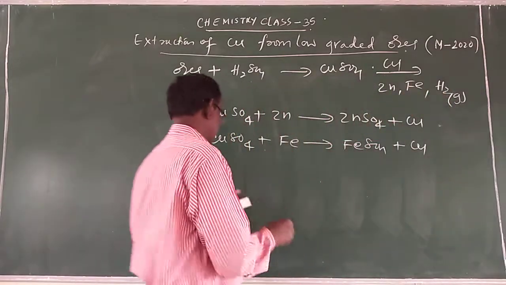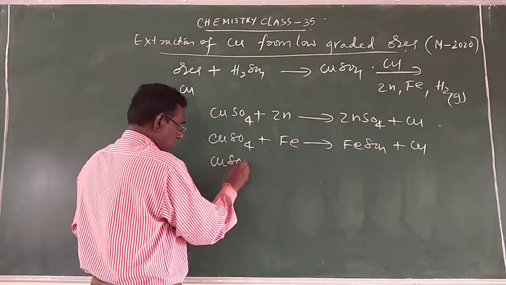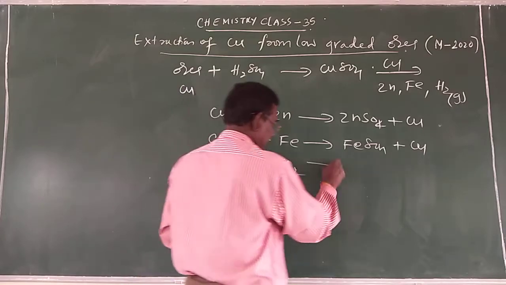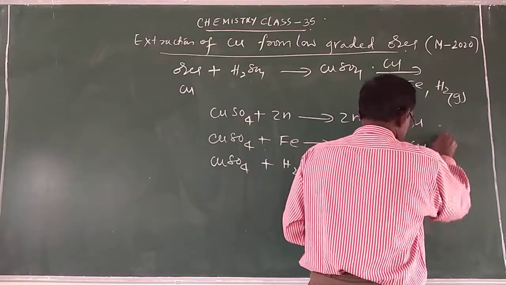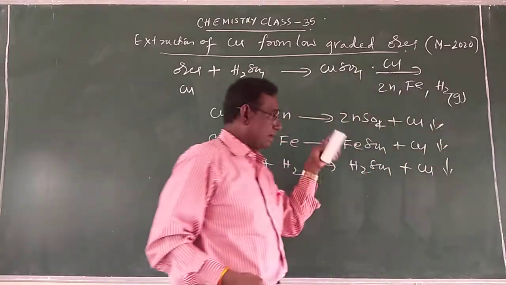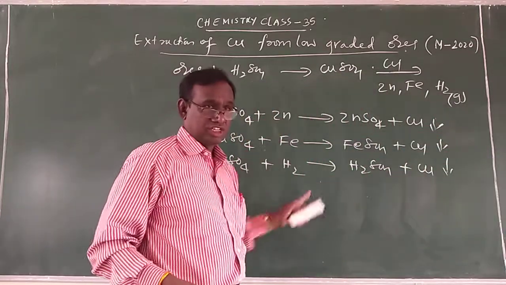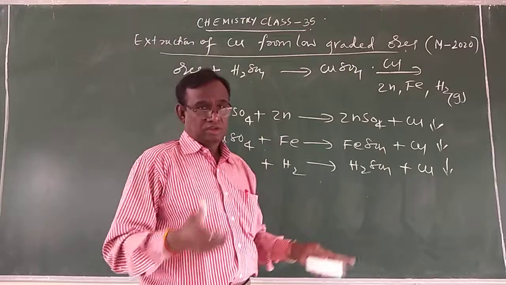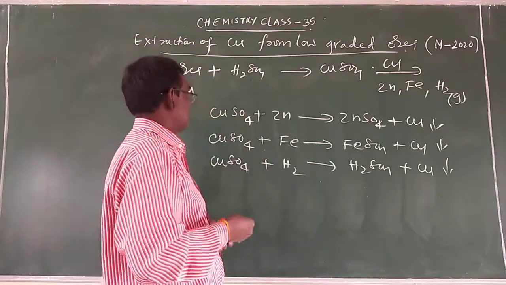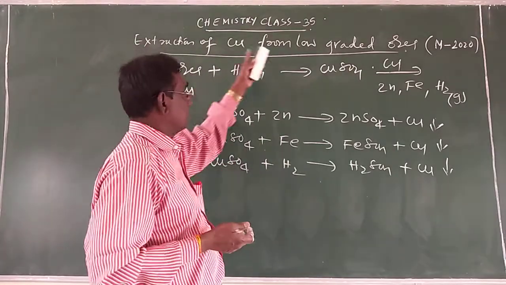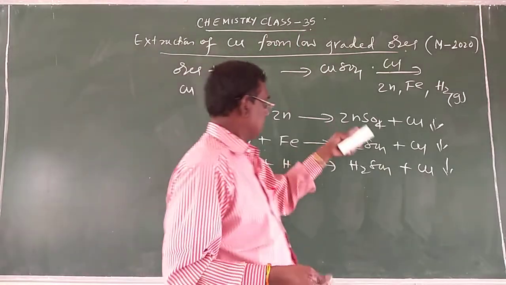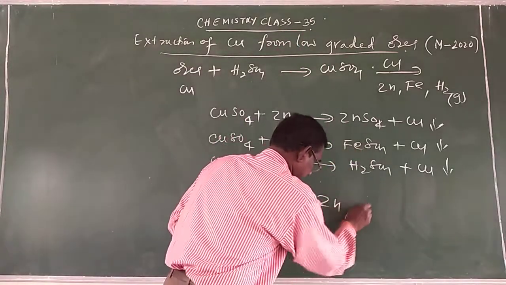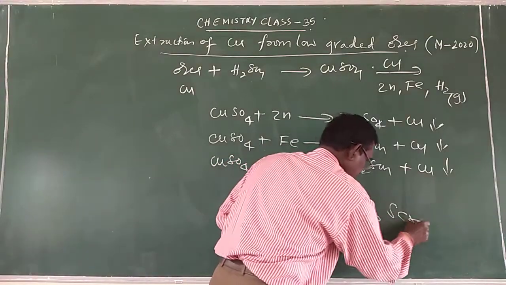Even if you pass hydrogen gas, that is CuSO4 plus H2, you will get H2SO4 plus Cu. This is how we can separate the copper by using suitable reducing agents. In this, the question is like this: for the extraction of copper from low graded ores, out of zinc and iron scraps,